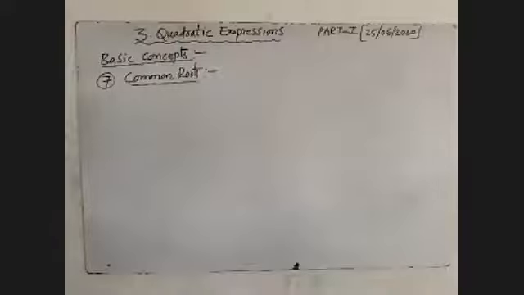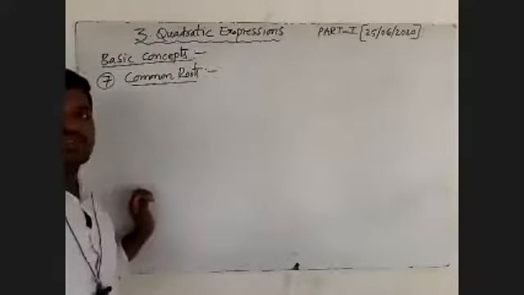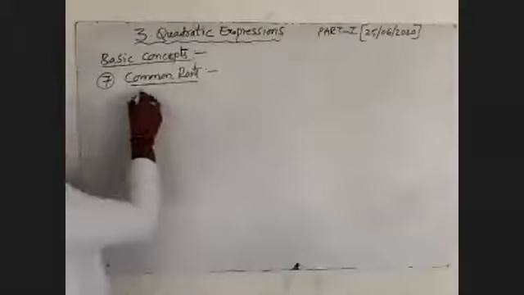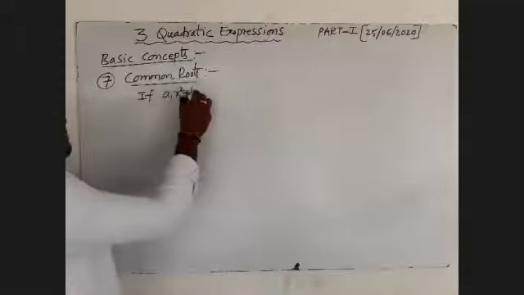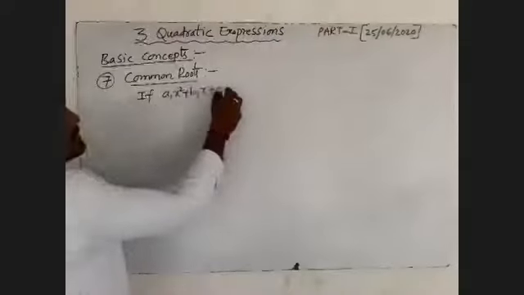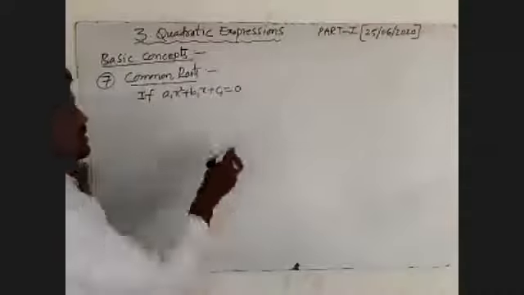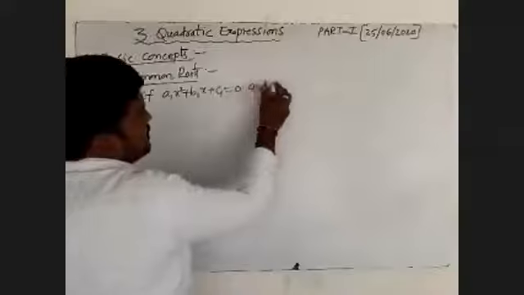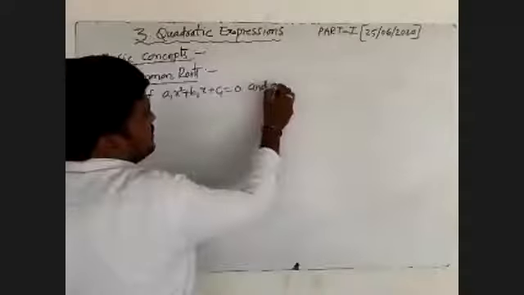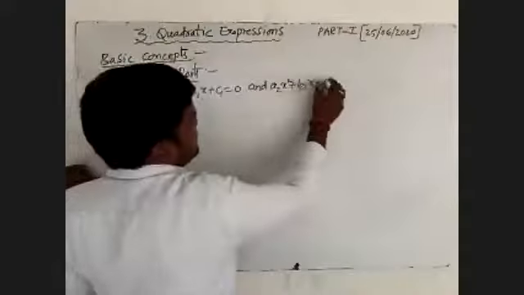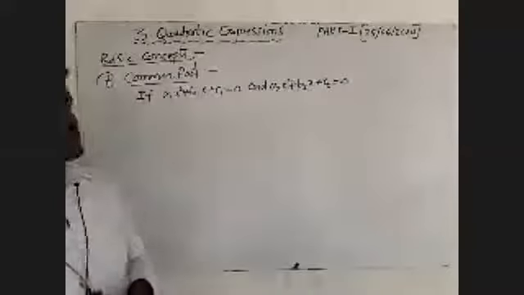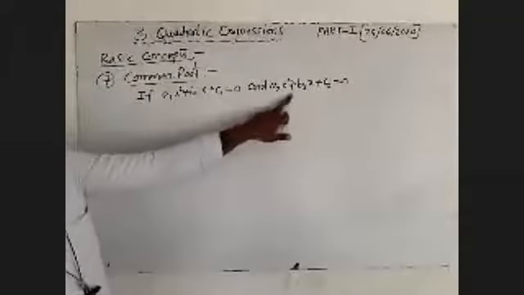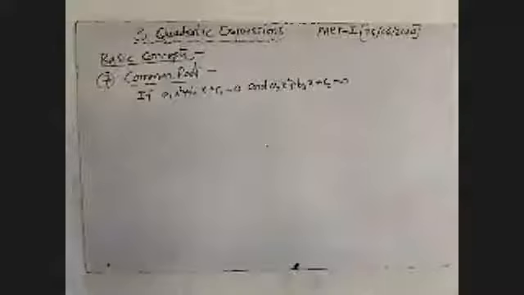We will observe common roots. If we take any two quadratic equations, that is a1x square plus b1x plus c1 is equal to 0 and a2x square plus b2x plus c2 is equal to 0, be any two quadratic equations,